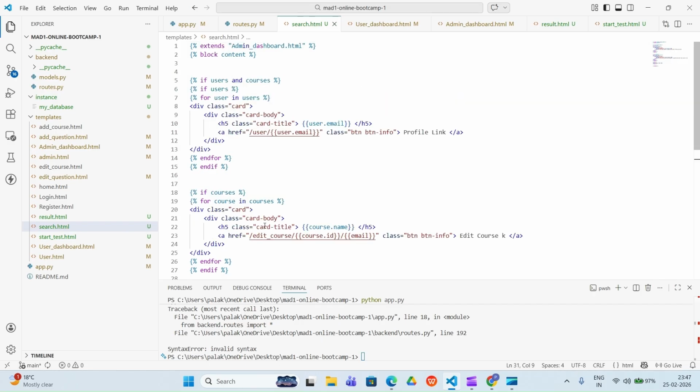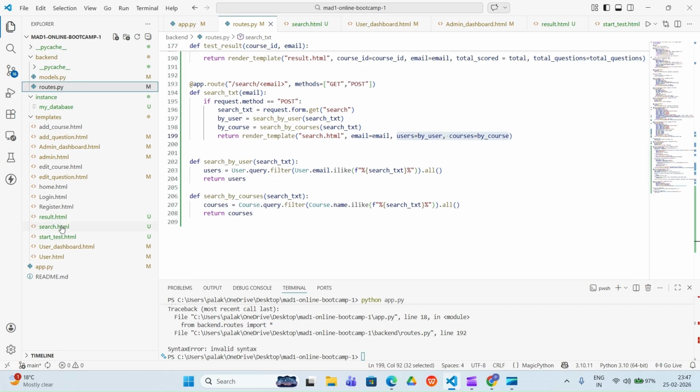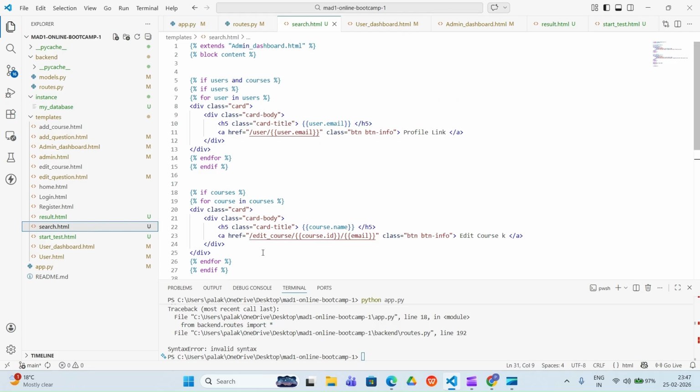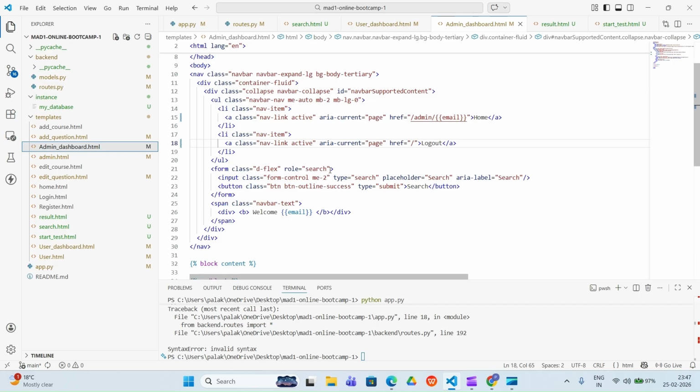Okay. And then after, what else do you need to give? You have just created this route and made this search.html. Now you have to connect this with your admin dashboard. So you need to implement this part. You will give here action, and that action will be equal to the search slash, and then after, what is given here.